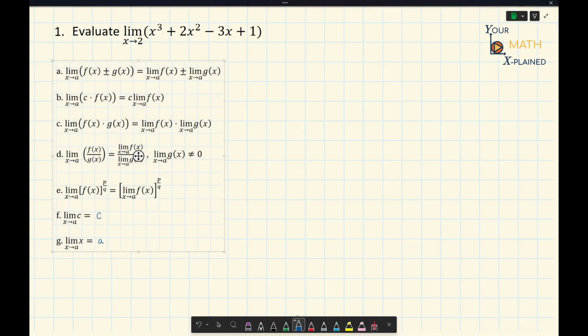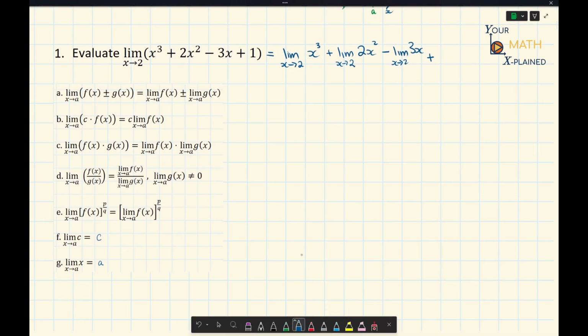Okay, so we're going to use the first law to split all this up. So we can see that we have 1, 2, 3, 4 parts. So we're going to rewrite this as 4 separate limits. So that's going to give us limit as x approaches 2 of x cubed, plus limit as x approaches 2 of 2x squared, minus limit as x approaches 2 of 3x, and then plus limit as x approaches 2 of